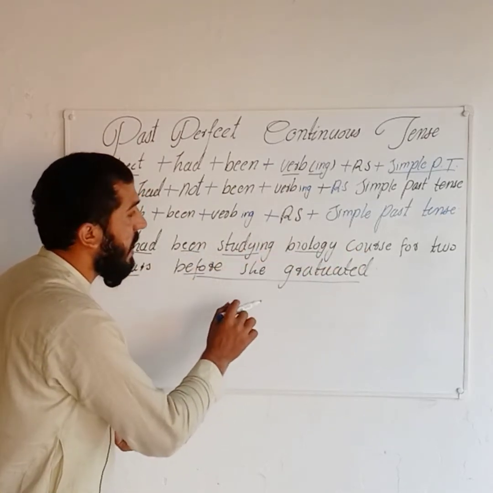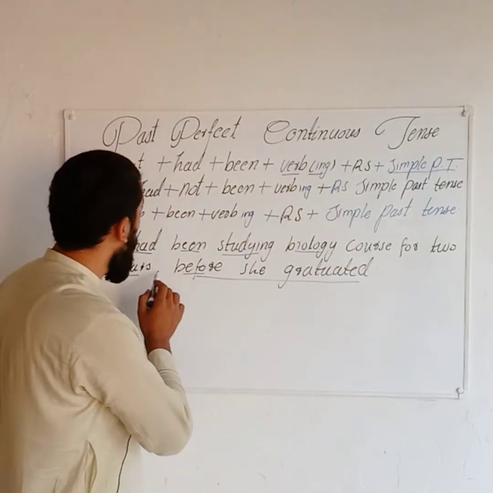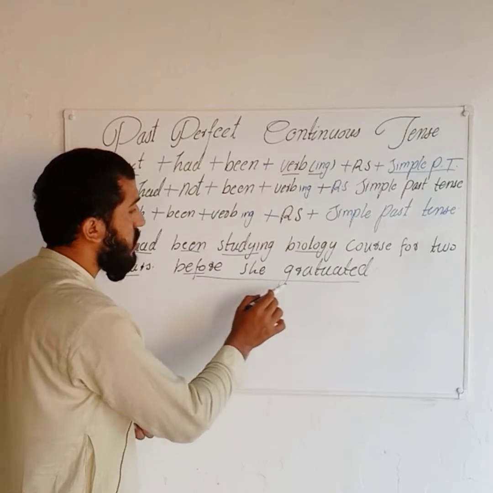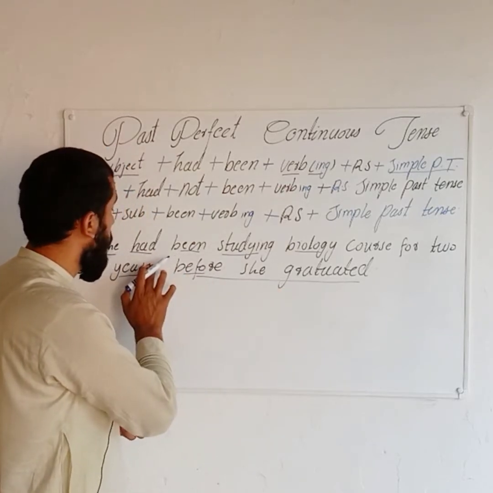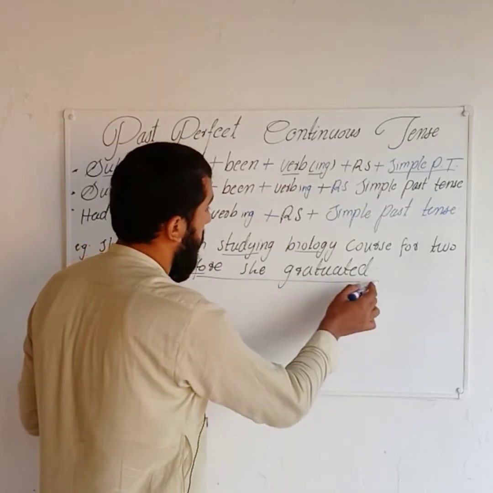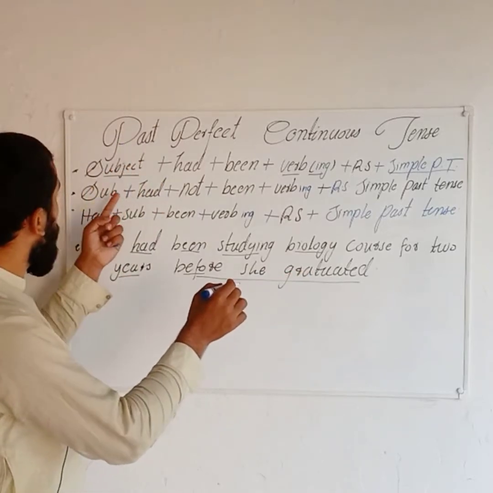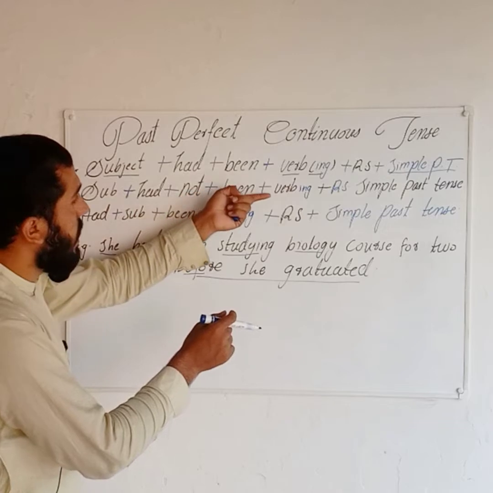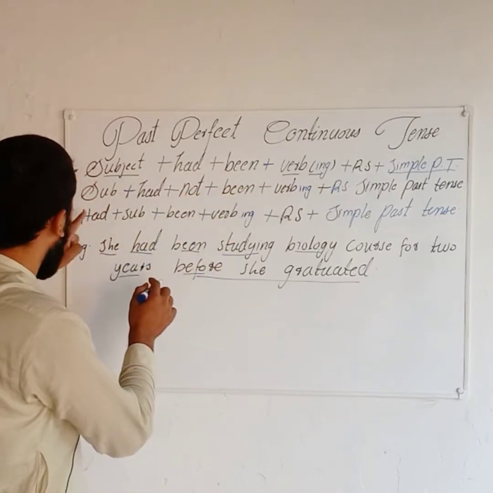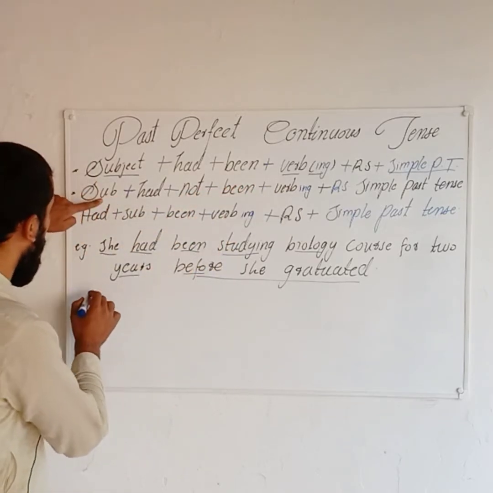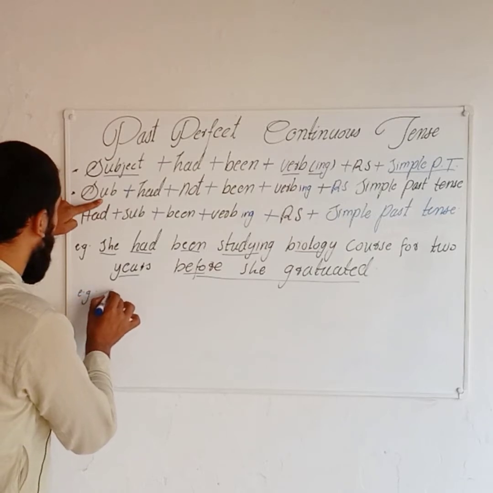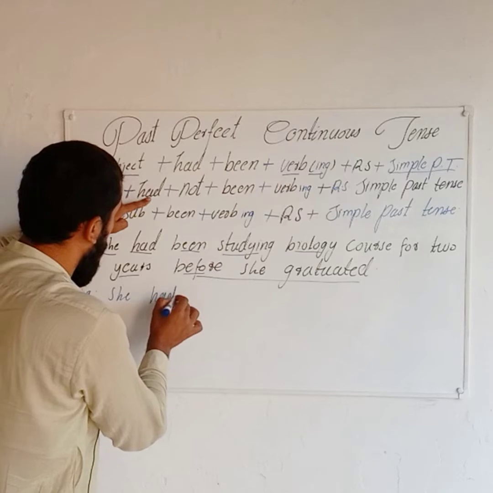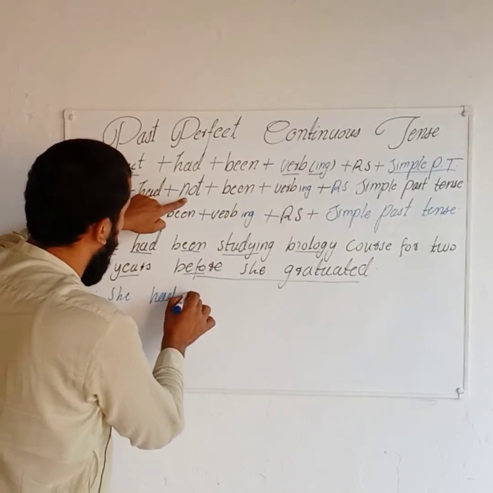She had been studying biology course for 2 years. This is past perfect continuous tense. Before she graduated. So this is simple past tense. If you want to change this statement to negative, then you need to apply this structure. Again, the subject. If I say she, again she had, it becomes hadn't or had not